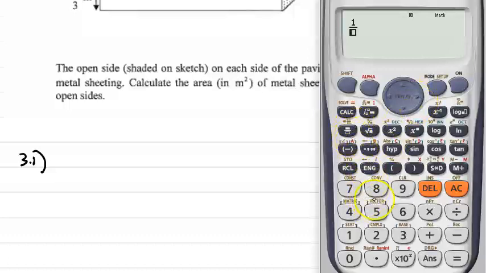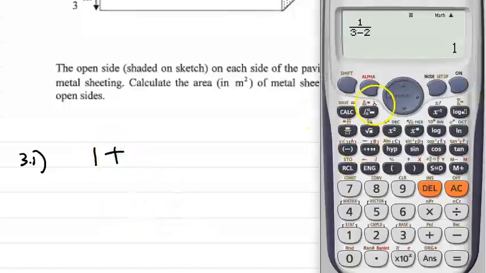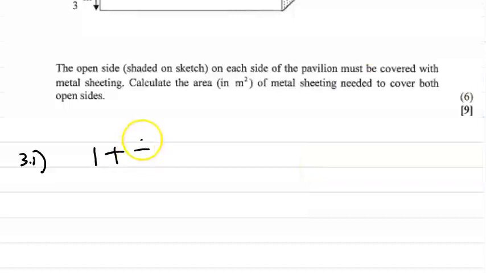Now remember that we're starting from y equals 3, so 1 over 3 minus 2, and we can do this by inspection. Our first term is going to be 1, and that's going to be plus. Remember, sigma notation is the sum of terms in the series, and therefore the next value for y will be 4, so 4 minus 2, so you're left with a half,